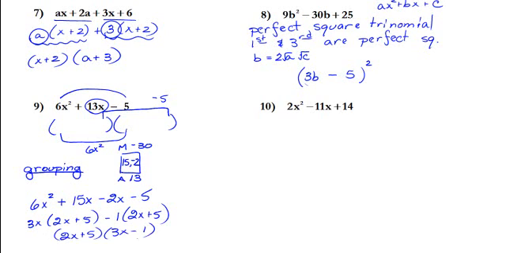Okay, now the box method is very similar to grouping in the sense that you're going to start off with this number game here. You need to find two numbers that multiply to the first and last terms, and then you need those two numbers to also add to the middle term. Okay, we already found our two numbers. It's 15 and negative 2. Okay, so for the box method,